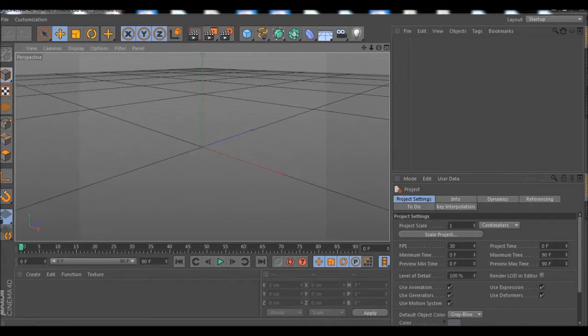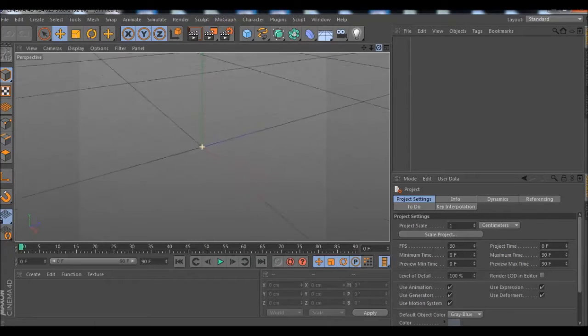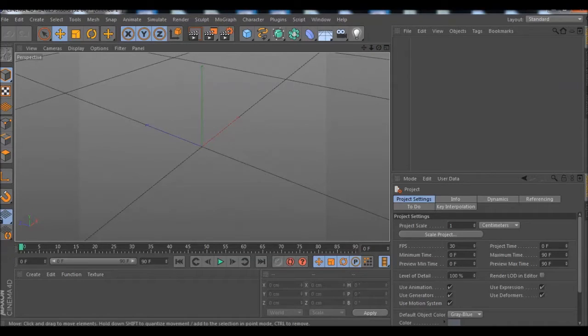Okay, now that's open, I've got a weird bit. So if it's like this, go over to Startup, Standard. Anyways. So, last video I showed you the basic controls, how to move around, place in some stuff, camera, you know. So, I'm going to show you how to put in the model.